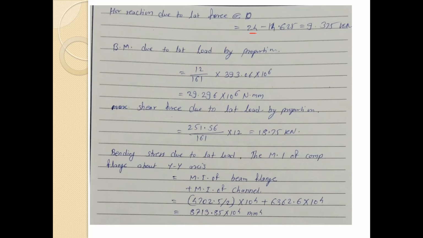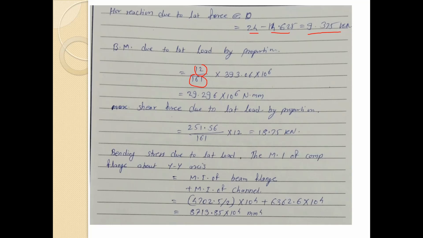So we are subtracting this earlier reaction at C from the 24, that is the total force. So we'll get 9.375. Then the bending moment due to lateral load, again by proportion. So again this 12, that is the load,